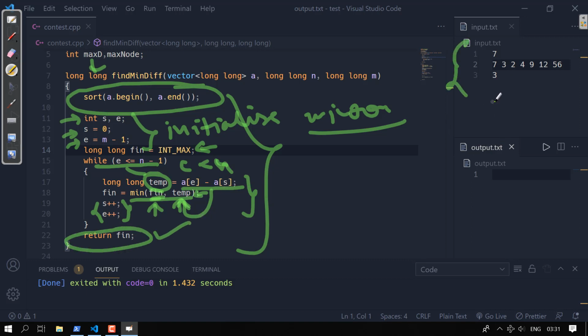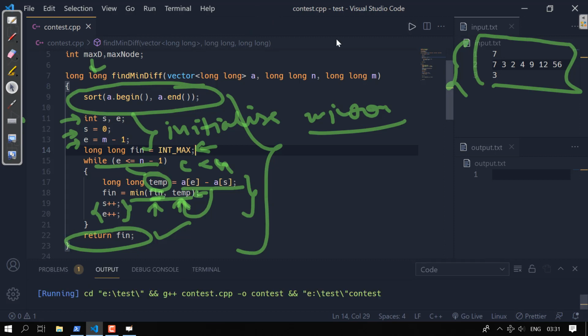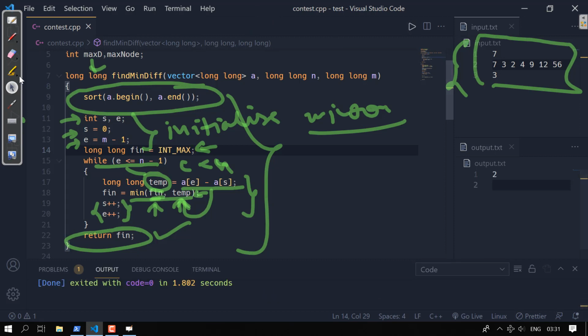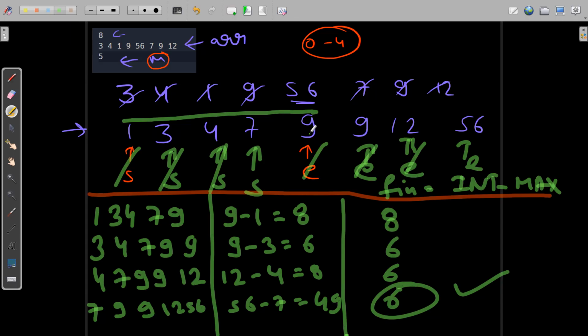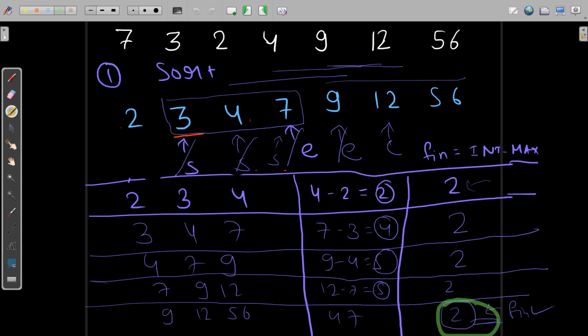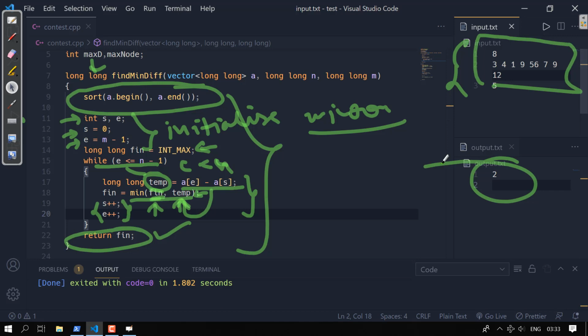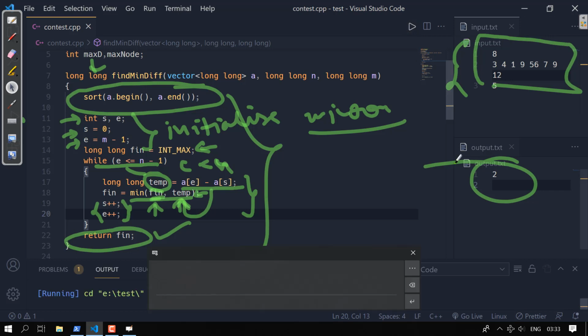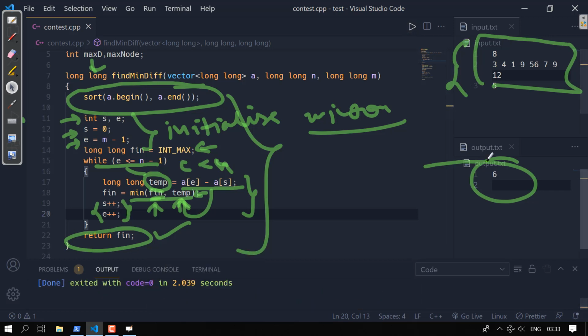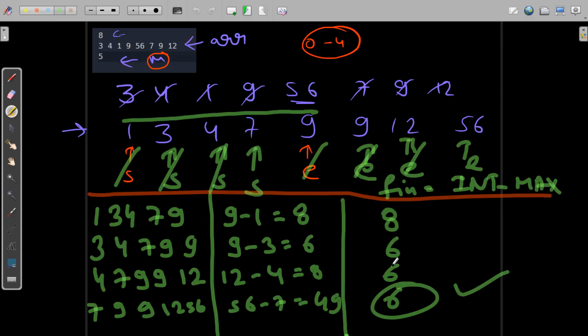Now let's see how this code behaves for some test cases. So this is one of the test cases. Now let me run this. Okay, so we got 2 for this one. And if you see here, yeah, we got 2 here also, so it's working. Now I think I have one more test case, and for this particular test case, let's see what is our output. Let me run this, and we got 6, and 6 is our answer actually. Yeah, 6 is our final answer.